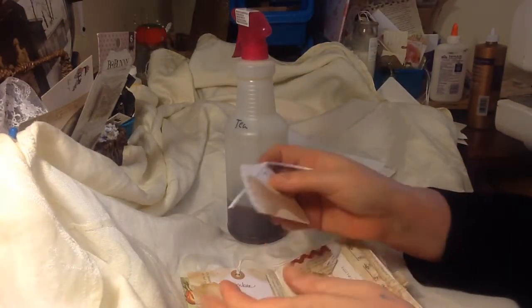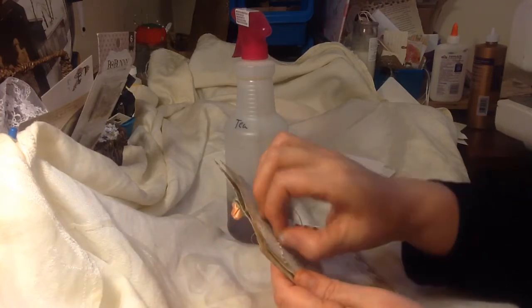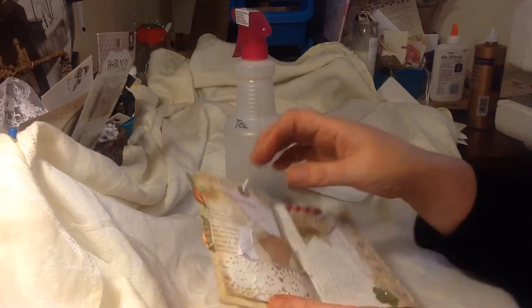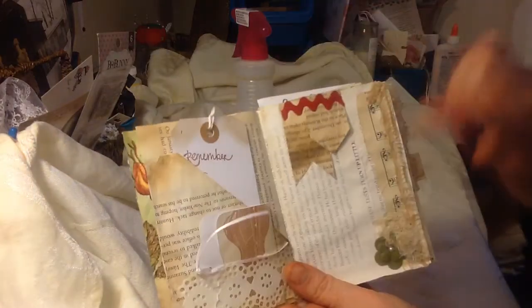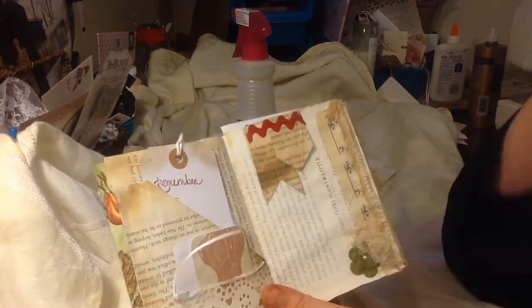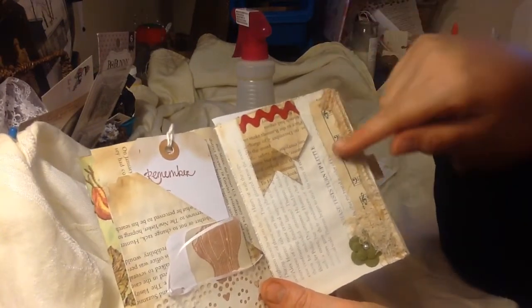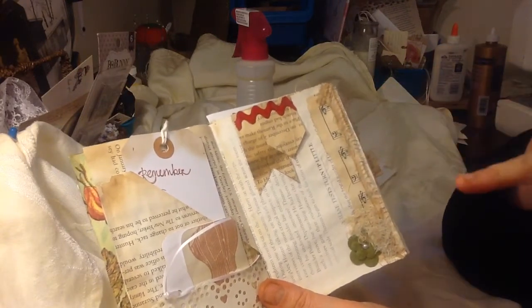So those are your two listies and your two little pockets here, so you can learn how to do those. And then I put some gesso on this page so you can see and feel it, and you can write over top of all this gesso. And then I used a book page and some muslin and some